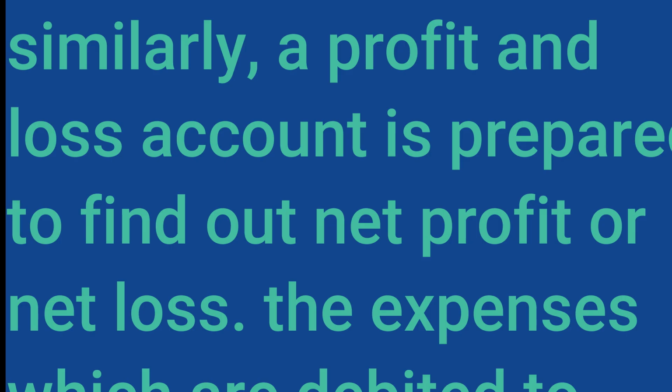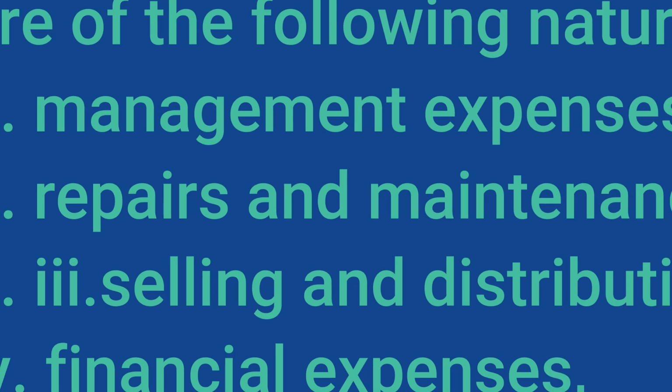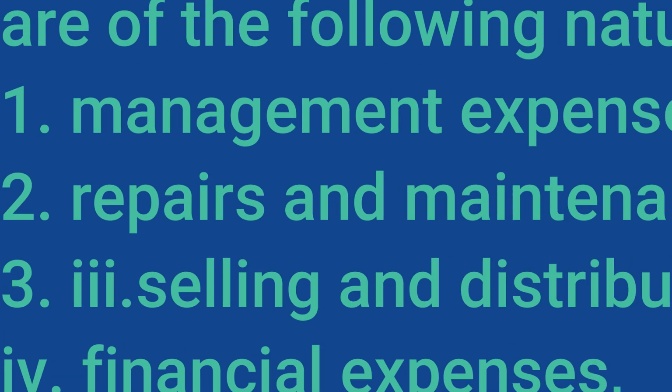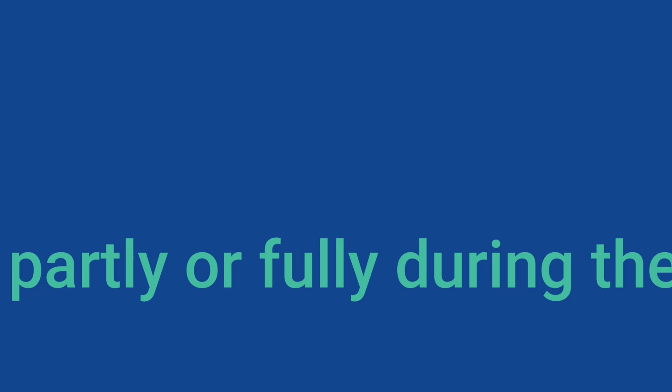Similarly, the profit and loss account is prepared to find out net profit or net loss. The expenses which are debited to the profit and loss account are of the following nature: management expenses, repairs and maintenance expenses, selling and distribution expenses, financial expenses, abnormal losses, and expenses incurred but not paid partly or fully during the current year, like salary outstanding and rent outstanding. Similarly, on the credit side, these are